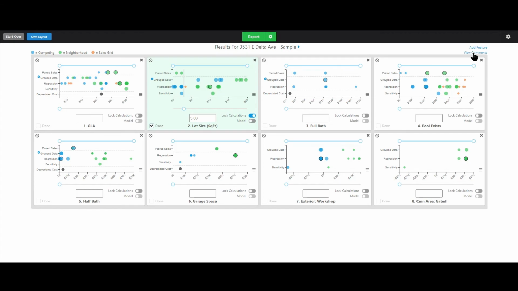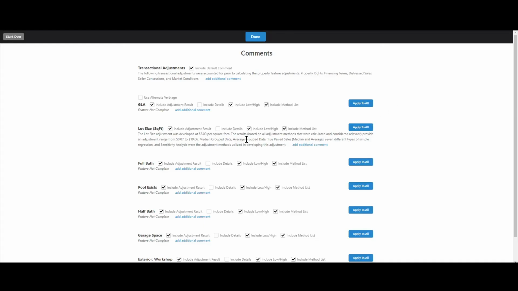But if you do use the comments feature, look at what happens here. So we have the lot size adjustment was developed at $3 per square foot. The results, based on all adjustment methods that were calculated and considered relevant, provide an adjustment range from 7 cents to $20, basically. Now that's a really large range, and you can have it put in there exactly